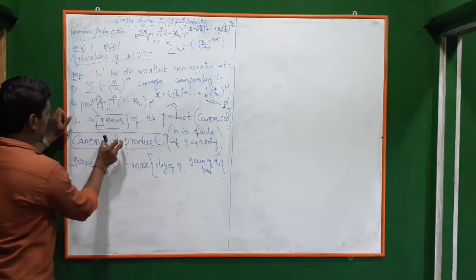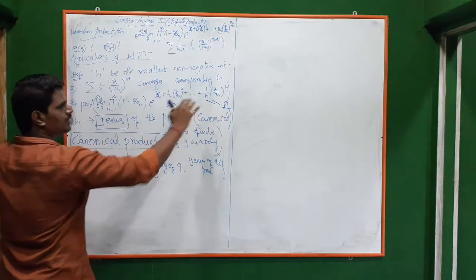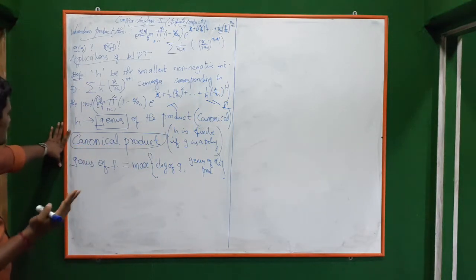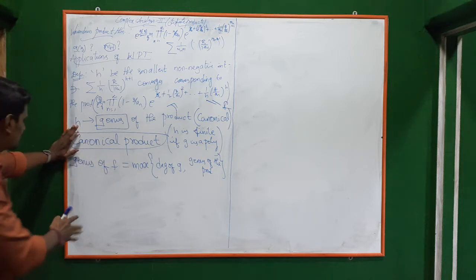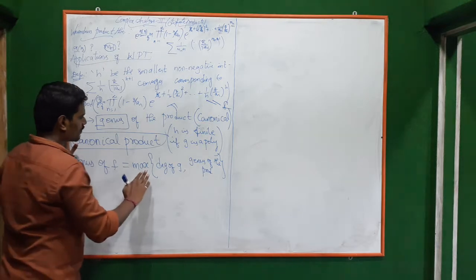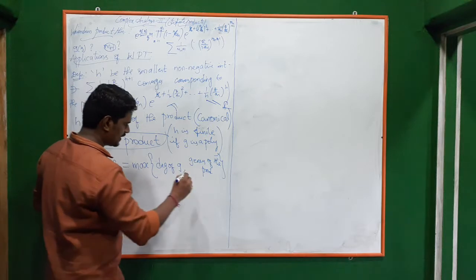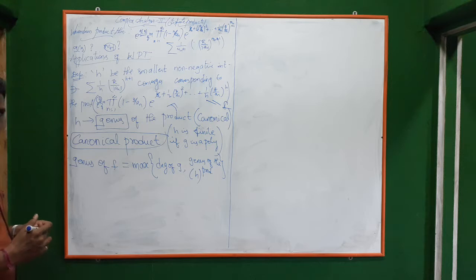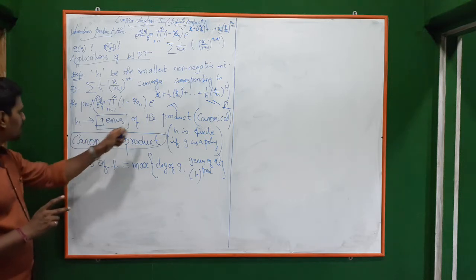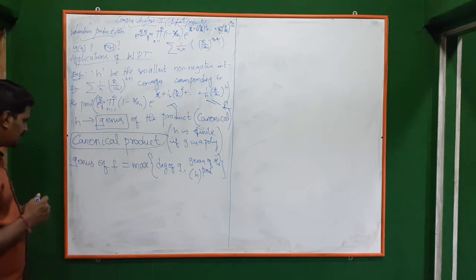Now we are just finding the genus of this product alone. The genus of the whole entire function means when that will converge. The genus of f is the maximum of h and the degree of g, where h is the genus of the product. So two things are there: the genus of f and the genus of the canonical product. We will see this with examples.